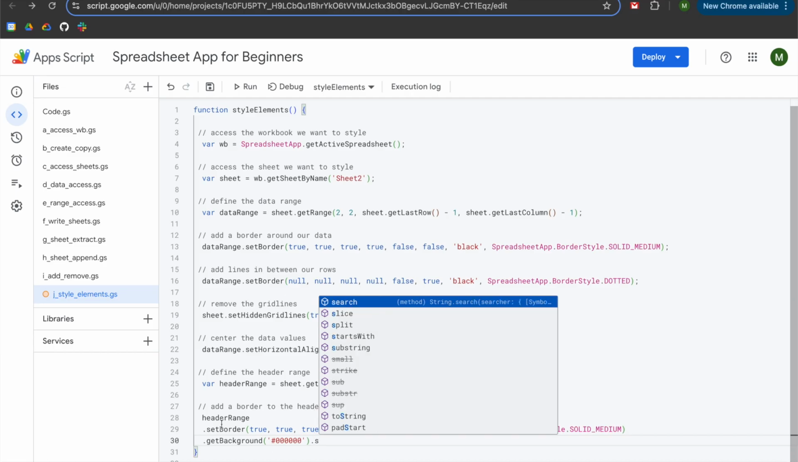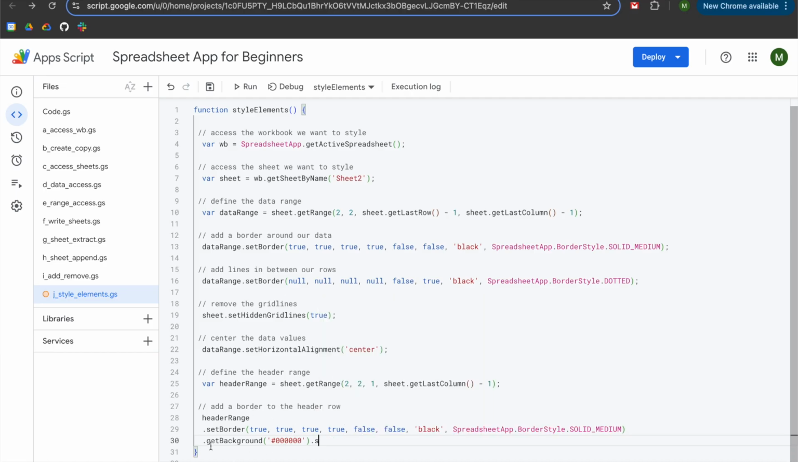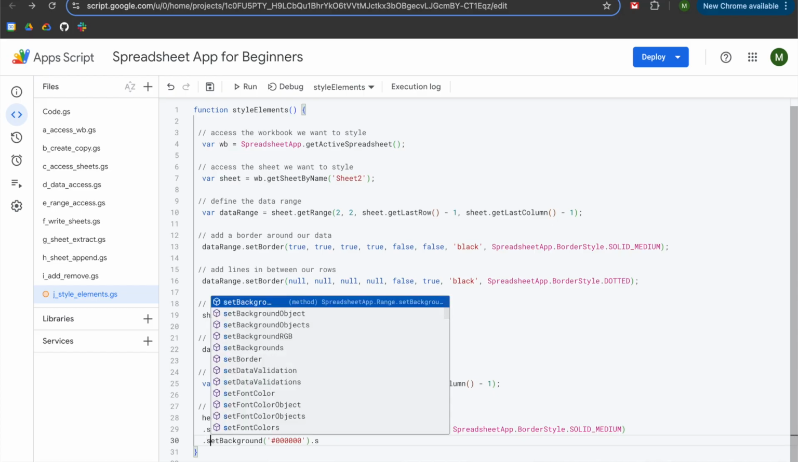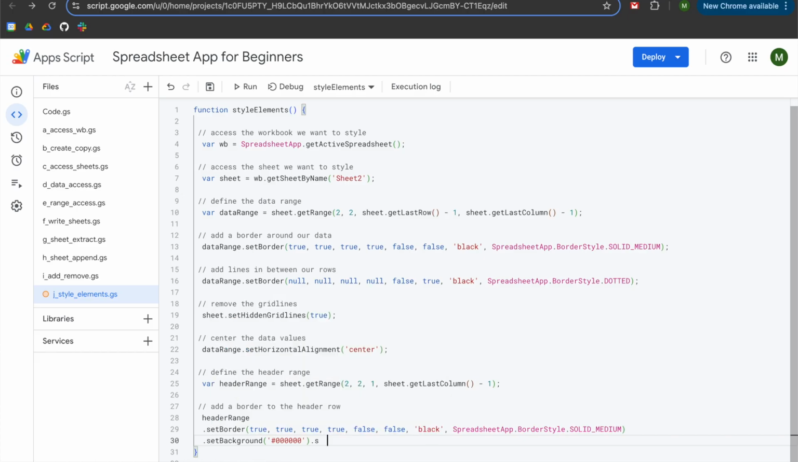I'm so sorry. Actually, we did dot get background. We want to do dot set background. So my apologies for that. You want to have set, because we are setting things here. So we're doing set border, set background, and now we are going to set font